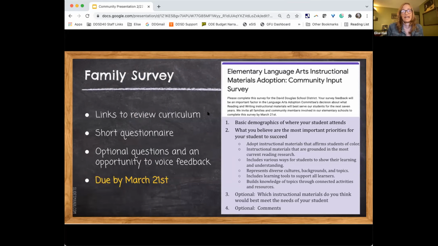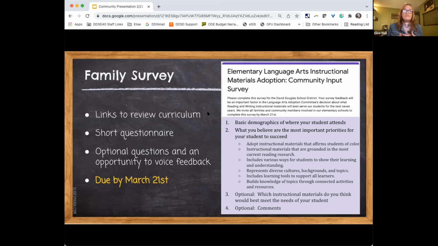It's very short, and we ask for just some brief demographic information, such as which school does your student attend? What grade levels are they in this year? And then what do you believe of the 6 priorities we shared with you this evening are the most important priorities for your student to succeed academically?